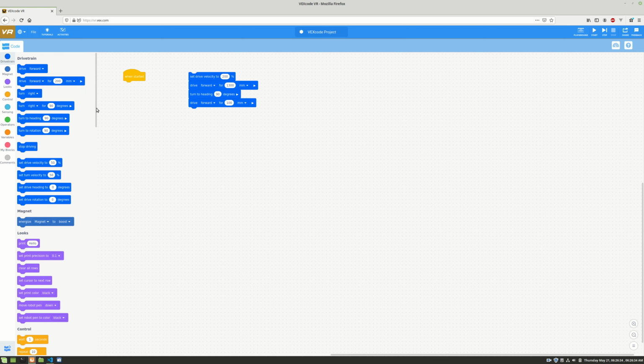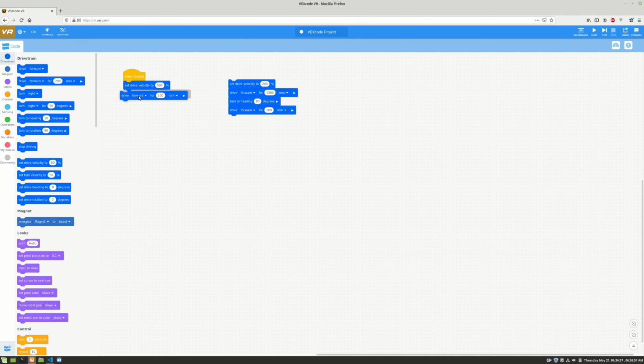The first thing I'm going to do is set our drive velocity to 200%. That's so we don't have to wait so long. We could even set it higher. We could set it to 500%, so that the robot just drives faster and we can see the results of our programming more quickly. Okay, so the first thing we're going to do here is drive forward,